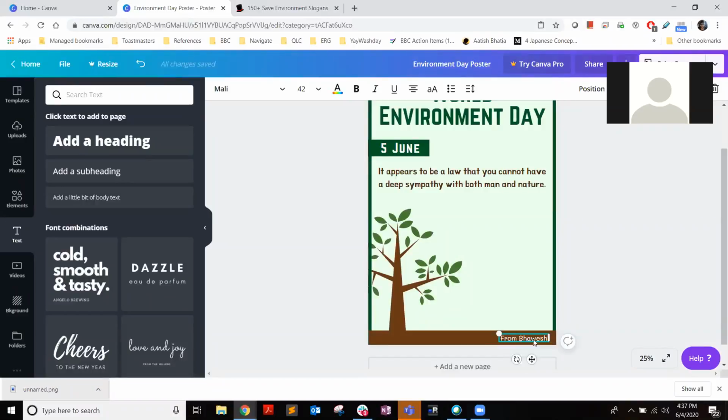Or what can also be done is I'm going to place it in the center like this and call it anything. You can call it from your family, or I'm going to say from Bhavesh and family like this. And I'm going to increase the width of this text and then align it in the center like this.